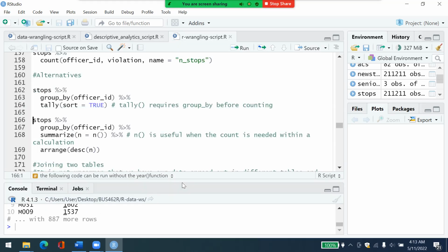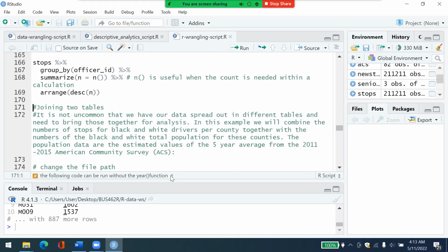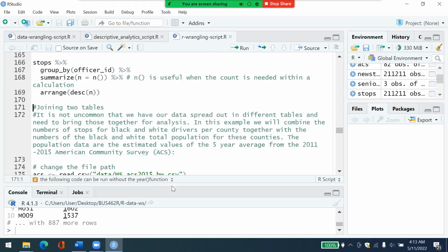And we've done this before. And here I'm using pipe to do the same thing again, and summarize. Here it's doing the same thing. And let me read it for you. So from this data frame, group by officer ID, summarize this N